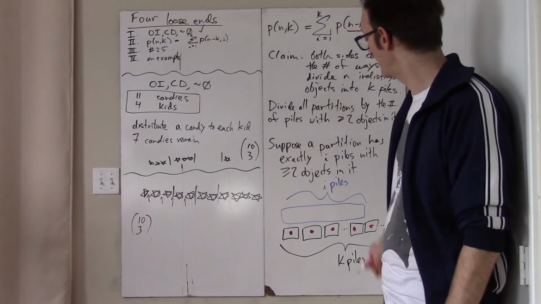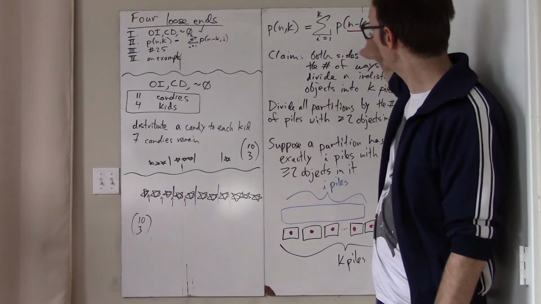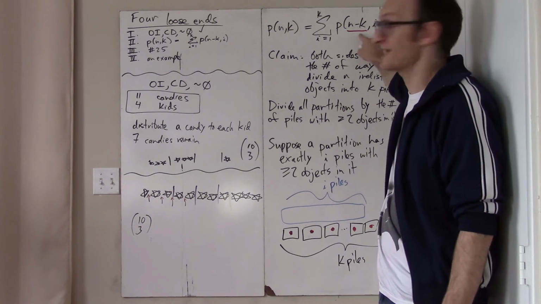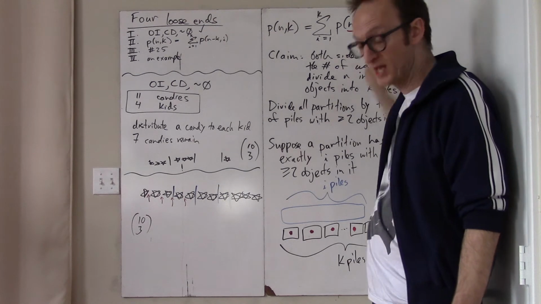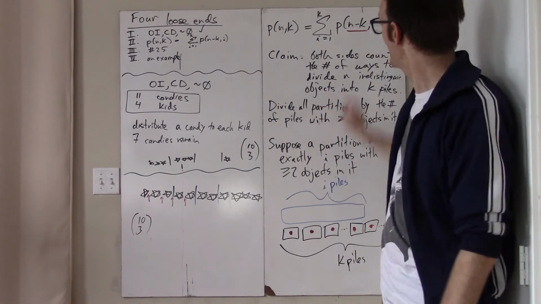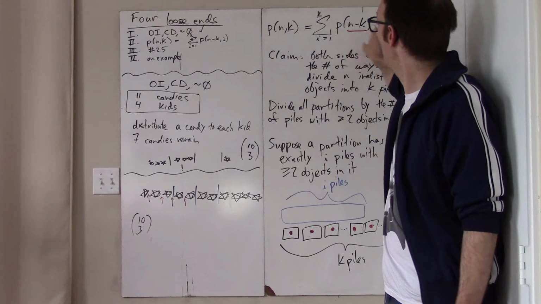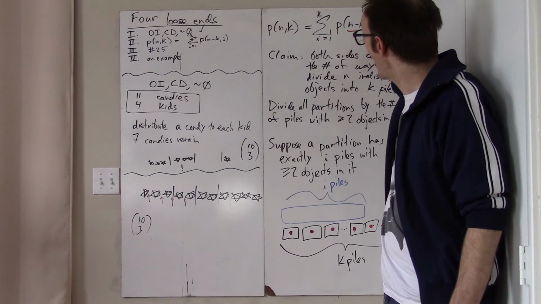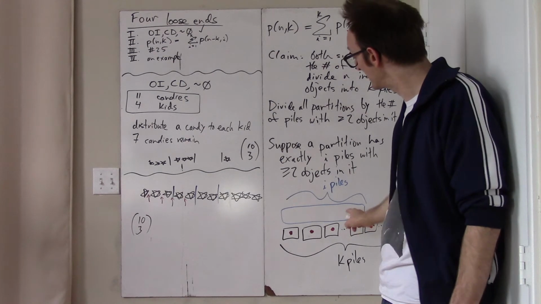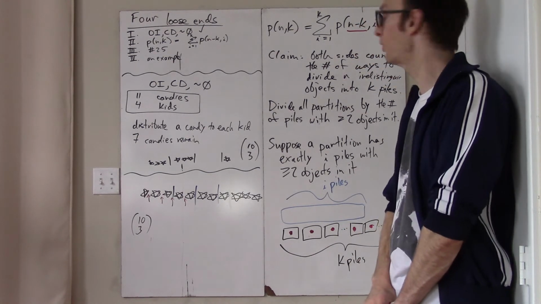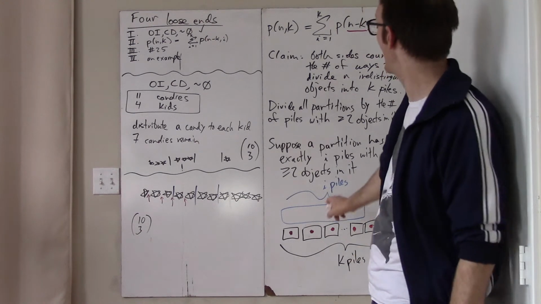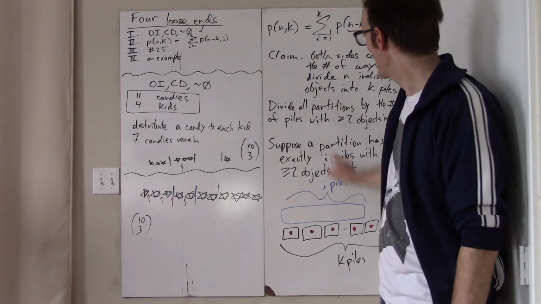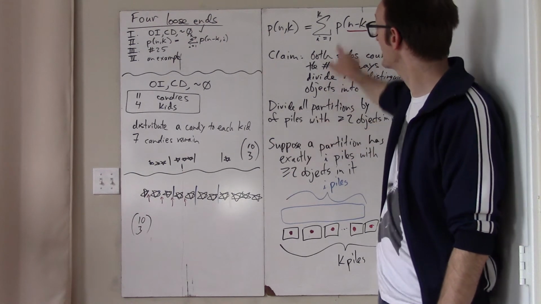And so the problem now reduces to how many ways to distribute n minus k objects to i piles, and that's exactly what P(n minus k, i) is. So it's actually quite clear and simple that there are this many ways, P(n minus k, i), to distribute n minus k objects to i piles such that no pile is empty, and that counts all the partitions in which exactly i piles have greater than or equal to 2 objects. And since that holds for every single i,